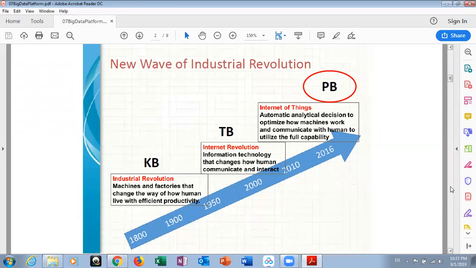So as statisticians, we're all familiar with data. We're dealing with data on a daily basis. But the size of the data has increased from kilobytes to terabytes, now even to petabytes of data. So the size of the data has increased dramatically in the past 20 years. And the size of the data actually is much more